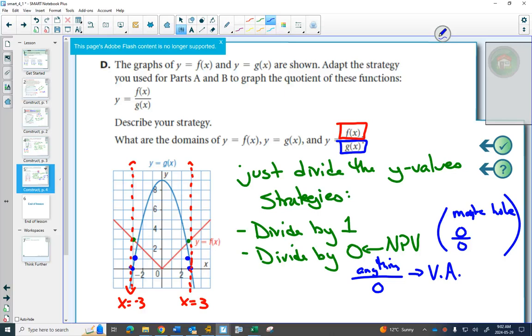With the adding and subtracting, you can be pretty confident after a couple of points that you know what the graph is going to look like. Multiplying, you probably have to do 3 or 4 points, and you start to feel you know what it looks like. With the dividing one, I hope you're feeling right now that you have no idea what it looks like. We've got 2 points and 2 asymptotes. So we're going to need more strategies. So dividing by 1, dividing by 0. Of course, you can always do nice points, but I'm going to also say another good strategy